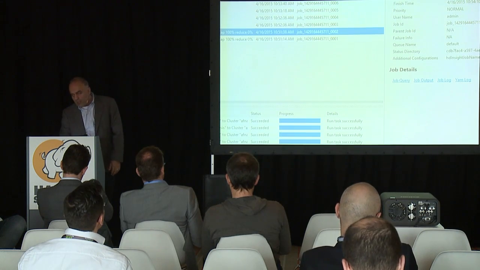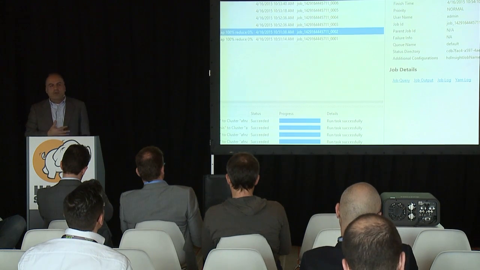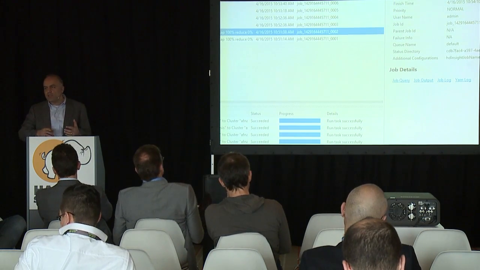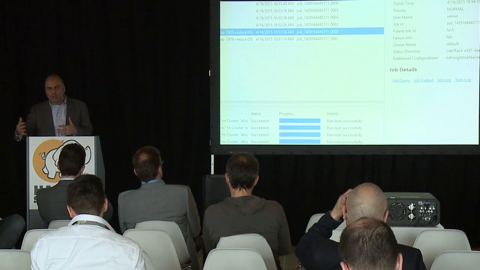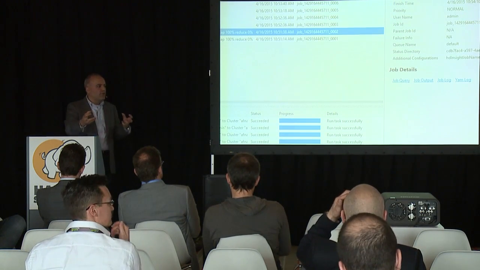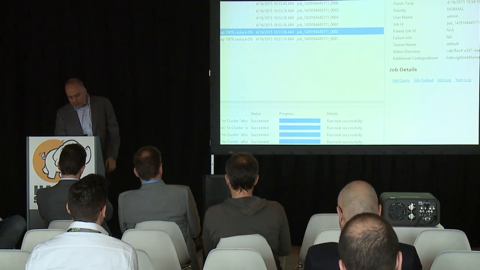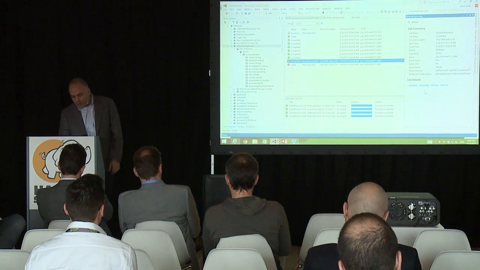So a lot of this stuff, if you were doing it from the command line, from traditional sources, you have to go and find individual machines in your cluster. You have to remote desktop to them, FTP them, tell them to go find these logs, go collect them, get them onto your machine. We're making that a sort of one-click thing for you.